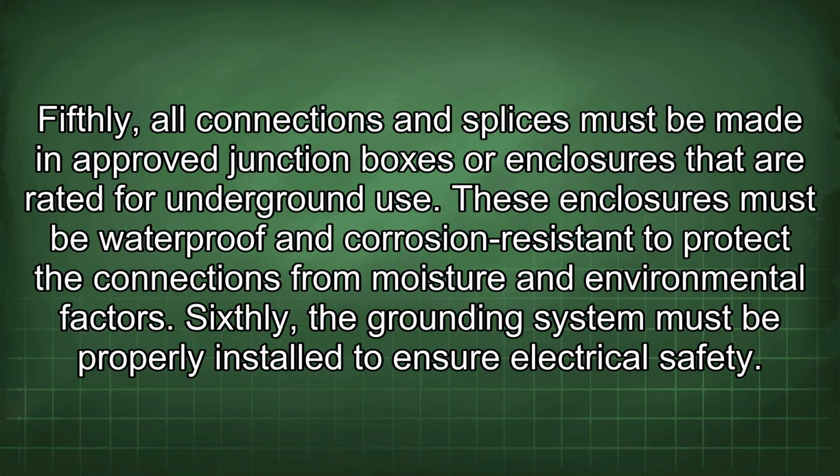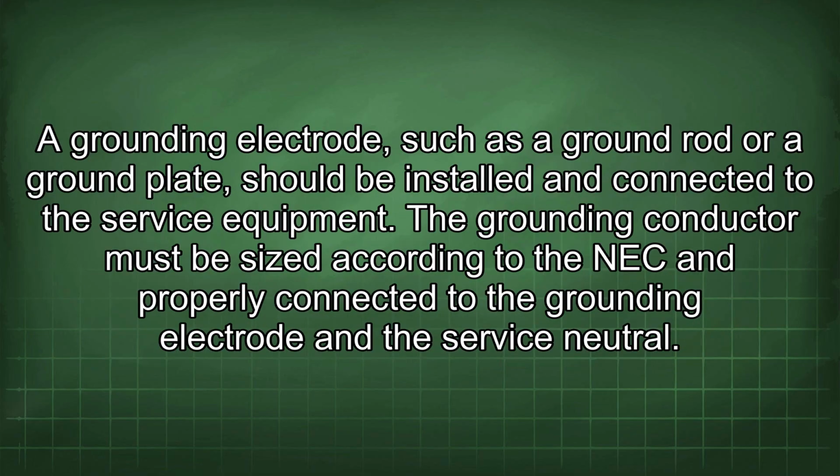Fifthly, all connections and splices must be made in approved junction boxes or enclosures that are rated for underground use. These enclosures must be waterproof and corrosion resistant to protect the connections from moisture and environmental factors. Sixthly, the grounding system must be properly installed to ensure electrical safety. A grounding electrode, such as a ground rod or a ground plate, should be installed and connected to the service equipment. The grounding conductor must be sized according to the NEC and properly connected to the grounding electrode and the